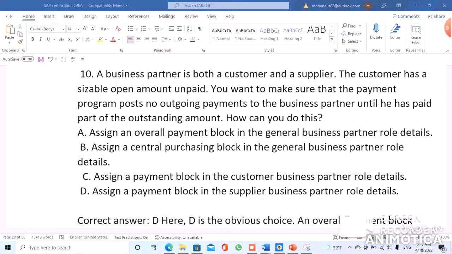You want to make sure that the payment program posts no outgoing payments, because the customer needs to pay the amount to the business partner until he has paid part of the outstanding amount. How can you do this? Assign an overall payment block in the general business partner role details. Assign a central purchasing block in the general business partner role details. Assign a payment block in the customer business partner role details. Assign a payment block in the supplier business partner role details,